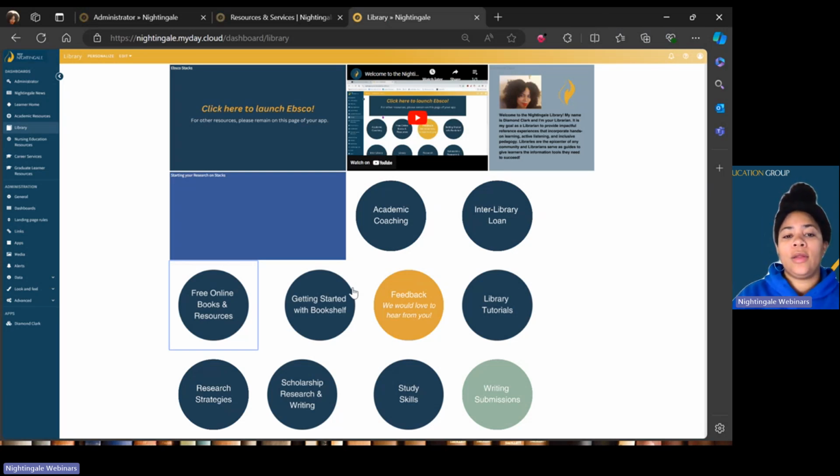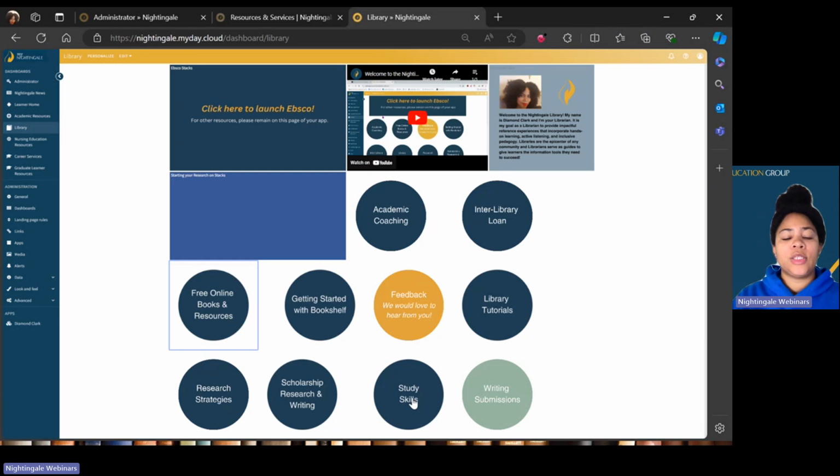We have included information on getting started with your bookshelf. Bookshelf is going to be the platform that's available for you to review your course textbook content. Everything that you need regarding course textbooks, again, is included inside of your Canvas course. And we do offer support for questions or any concerns that you may have about your Vital Source bookshelf. Again, the library does not provide textbooks, but we do provide support in the form of any questions that you may have. We also have tutorials available,